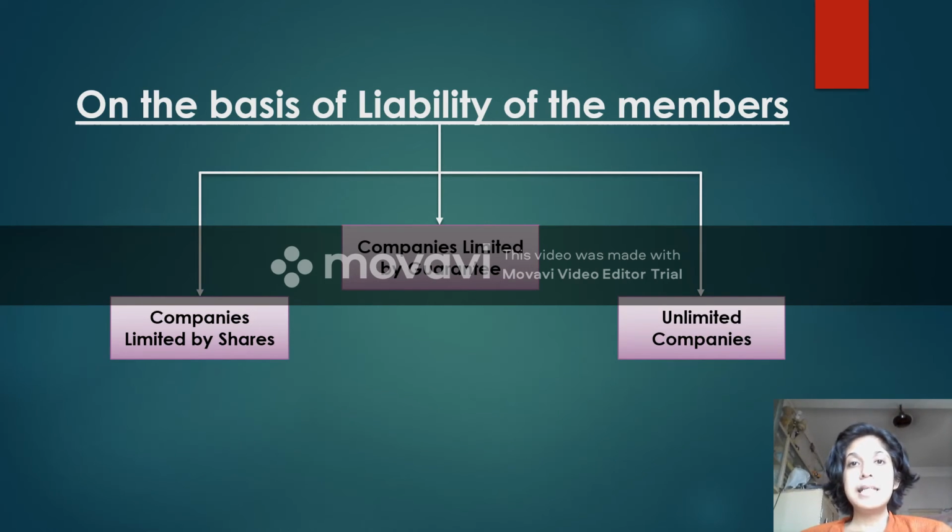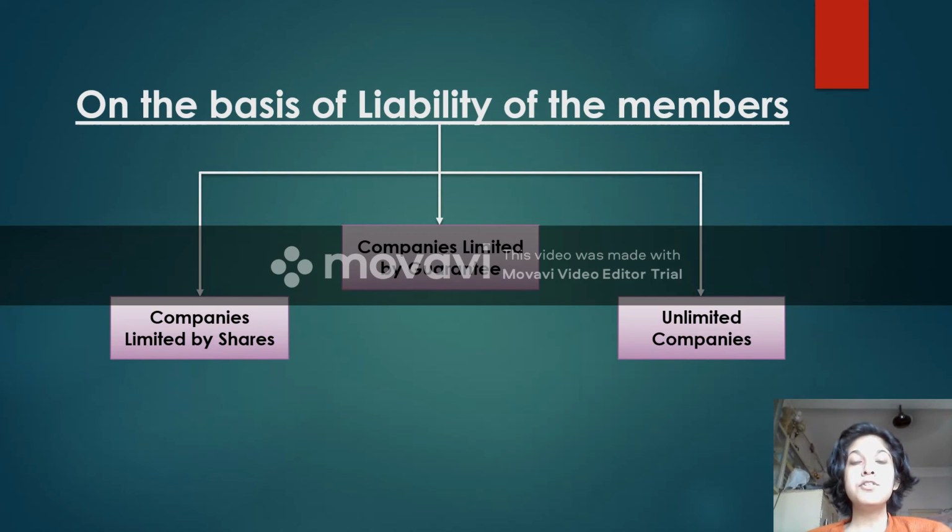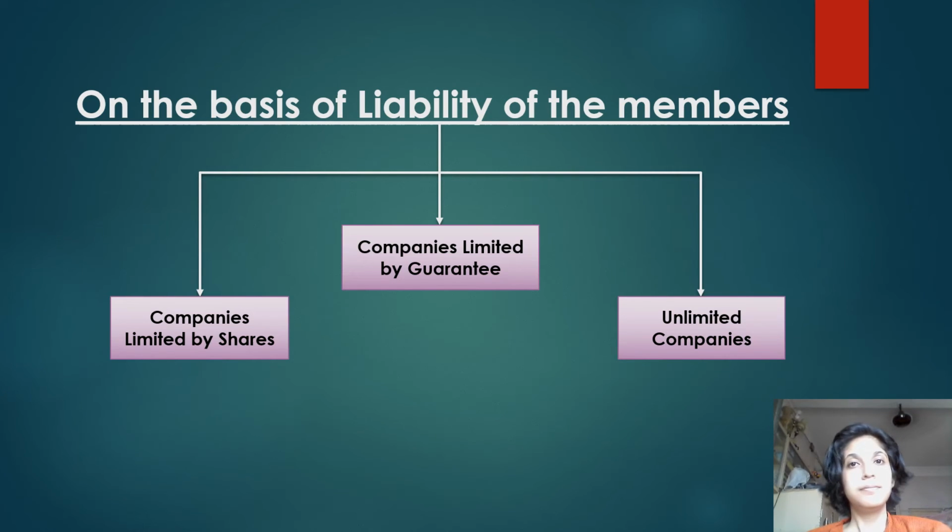And the last one is unlimited companies. It means that at the time of winding up, if the company's assets are not enough to pay its liabilities, then the liability will fall upon the members. The members will have to pay an unlimited amount of money at the time of winding up if the company cannot pay its debt from its own assets. Right? Now let us move on